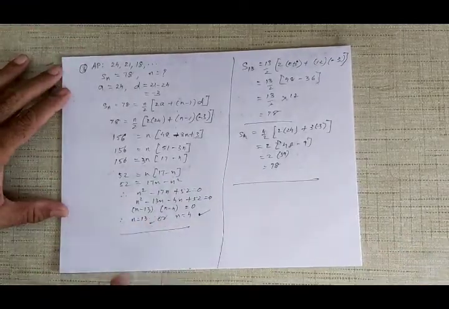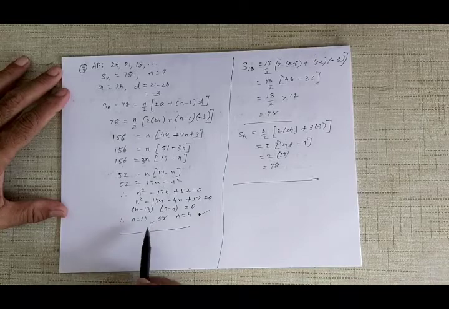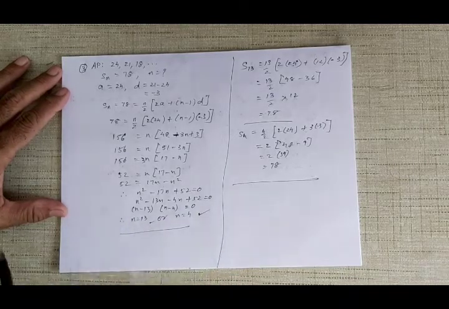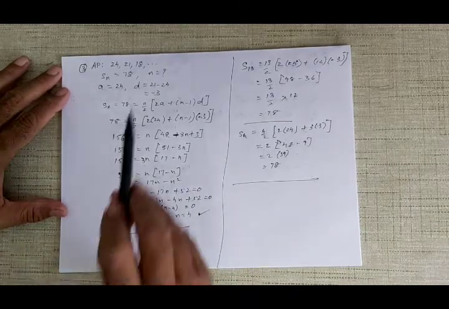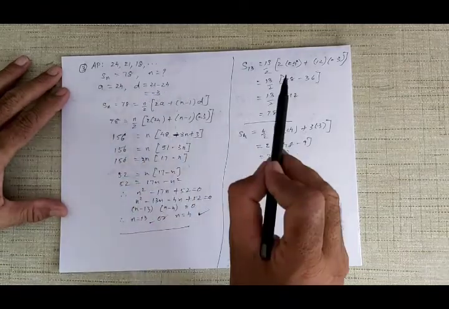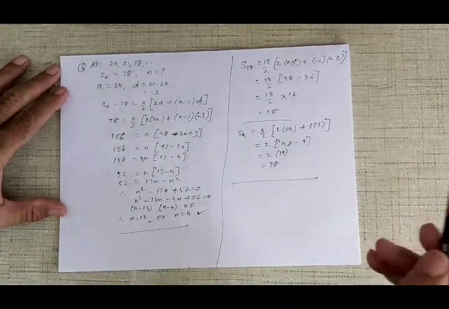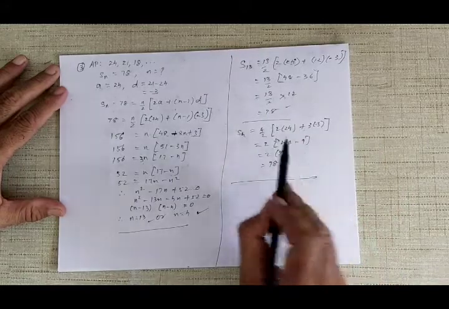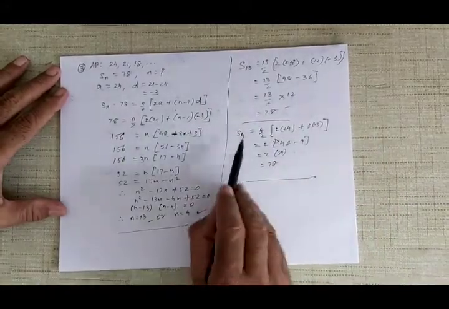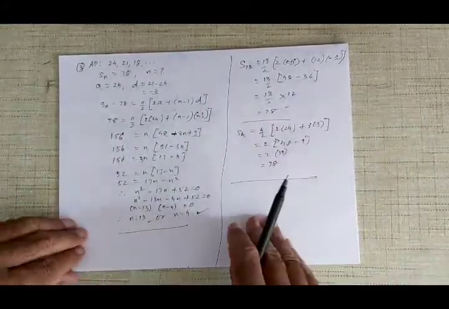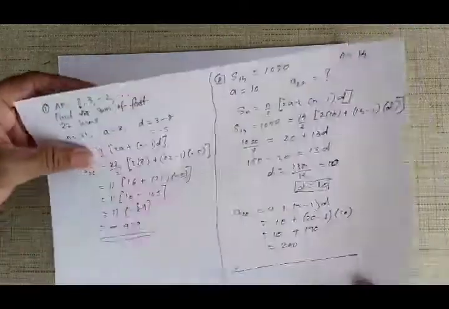n can be 13 or it can be 4. Why? Because both are positive numbers and both are integers, not fractions, and on top of that d is also minus, so it will go on decreasing, minus and plus can cancel, therefore the value of both terms, s of 13 can also be 78 and s of 4 can also be 78. Both are equally possible. Alright, now let us just see that.